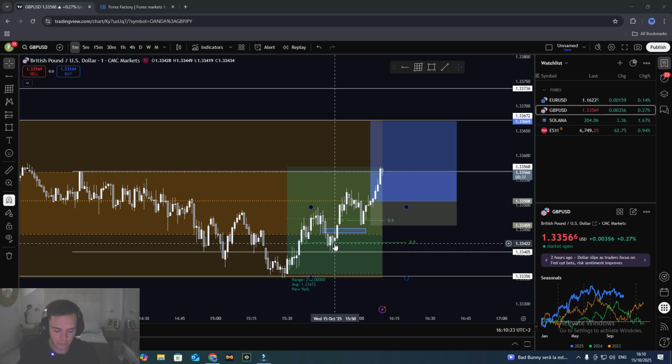Okay, it's about 2 minutes later. I'm going to put my stop to break even, so we don't risk any capital. We're at 1% at the moment. So my stop is now at break even. So on this trade, we are clear. If I want to take partials, we've got to get to 2%, but we'll have to see how that's moving. If it continues moving like this, then I'm pretty happy to just hold the trade until full TP.